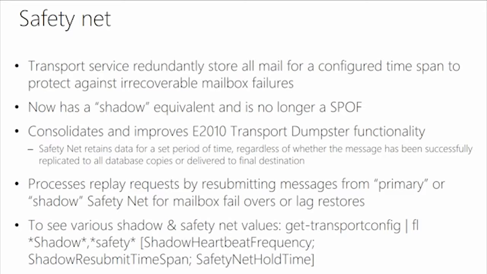So which brings us to the safety net. The safety net is part of this transport service to make sure that all the mail that goes to databases is also redundantly kept on another server. So in case you have to fail over to another database, if something happens to a database, it will be able to redeliver messages that may not have replicated to the other databases. Which can happen if you lose your transaction logs. So if something happens to the power of that server and it wasn't able to replicate those last transaction log files to the other databases, then